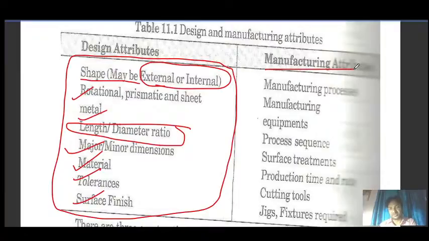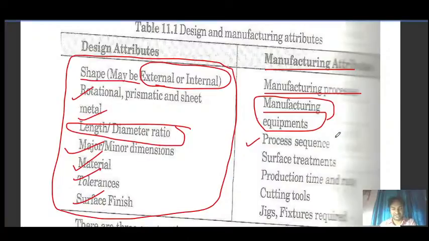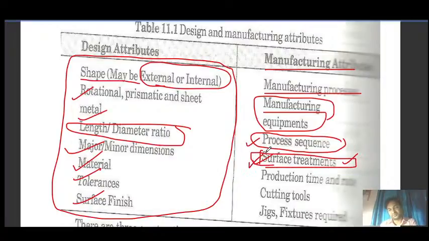Again, manufacturing attributes can be manufacturing process, manufacturing equipment. What are the equipment in manufacturing? Manufacturing sequence, it means the processing operation, that after milling it will go on turning, after turning it will go on the drilling, after drilling it will go on the grooving operation. So with process sequence, we can classify the part family. Then surface treatment, there are various kinds of surface treatment, like quenching, annealing, hardening, tempering. On the basis of this, you can also classify.